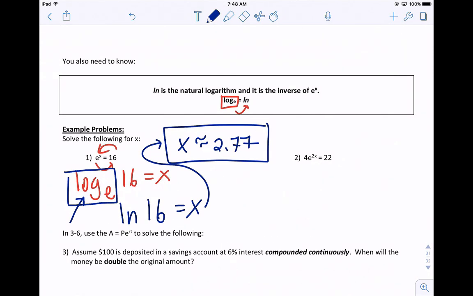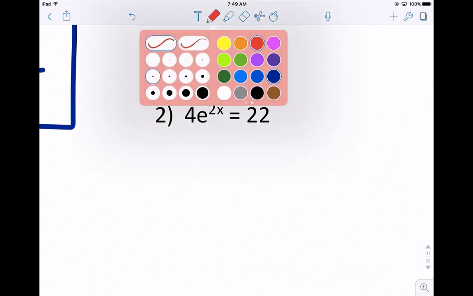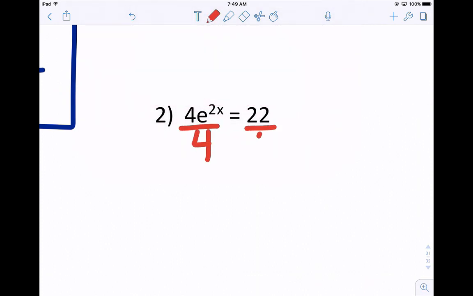Okay. Let's do the next one. We have 4e to the 2x equals 22. Again, you have to get the base and the exponent by itself like we've been practicing. So the first step here, you would want to divide by 4 first. We'd have e to the 2x equals 22 divided by 4,